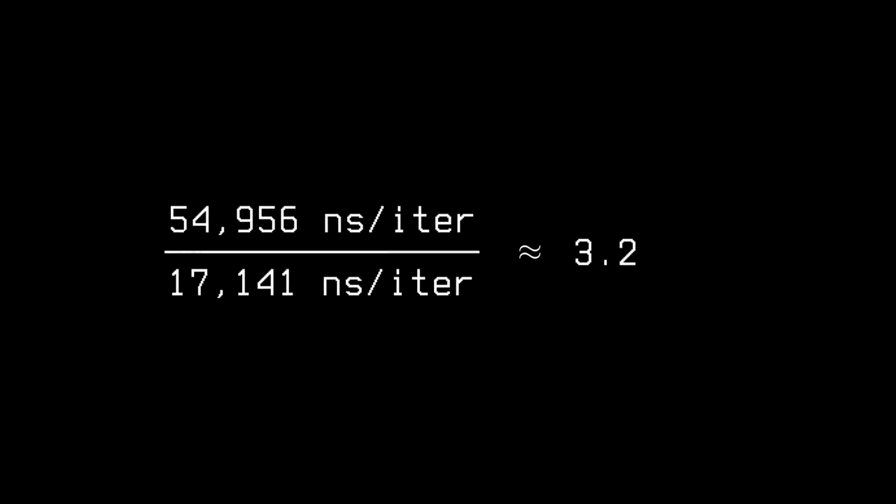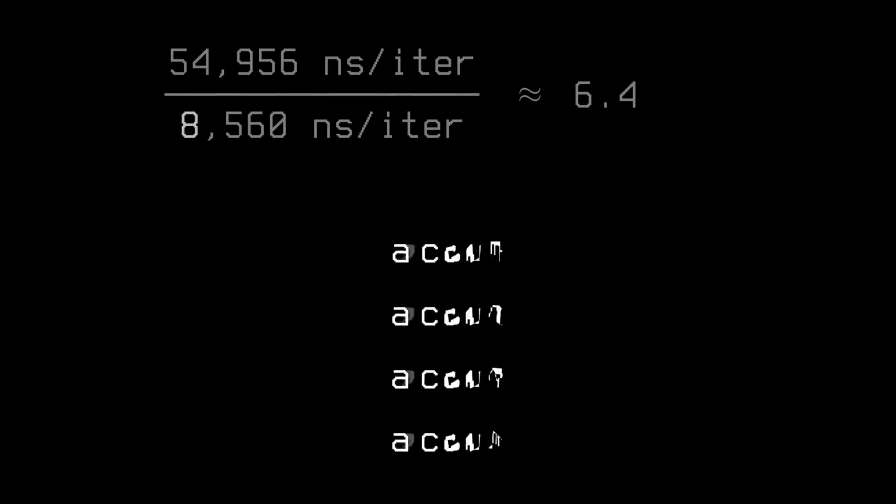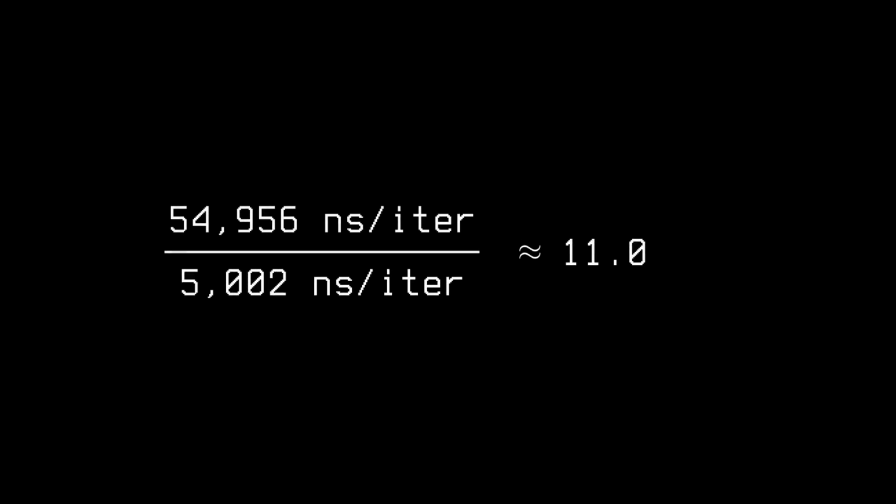Nonetheless, it's not too different from the previous iterations, except for when it comes to speed. The code is 6.4 times faster than the baseline, and applying the 4 accumulators trick on top of it yields a program that's 11 times faster. Okay, time to address the elephant in the room. What's so special about splitting up the accumulator into 4 independent ones and then adding them up in the end?